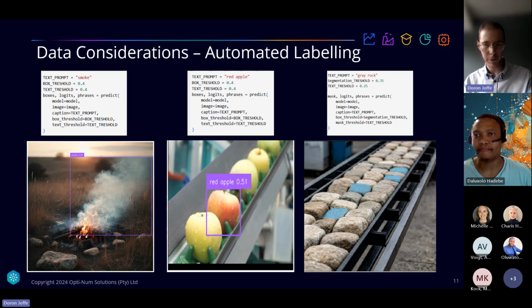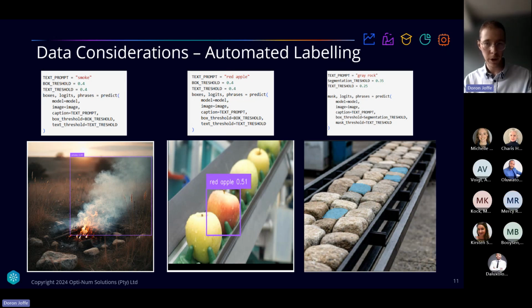Yeah, it's an incredibly powerful technique. I wouldn't call it automated labeling. I would call it a semi-automated labeling procedure because we still need the human to quickly check that the labels are correct and perhaps slightly alter some of the bounding boxes in the case of any misclassification. So a very